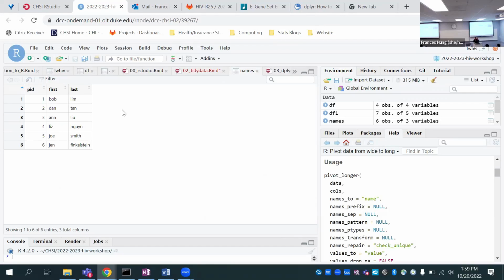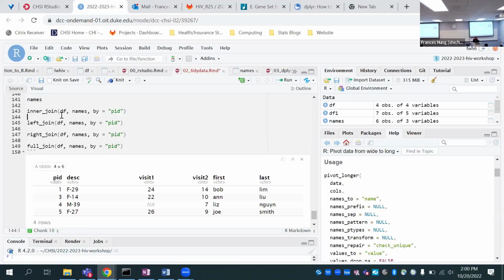So what this does is that it looks at the PID column and the corresponding first and last name, and it joins it to this DF data frame, using this PID as an identifier. So that's why this data frame row is connected to, I think, Bob Lynn.